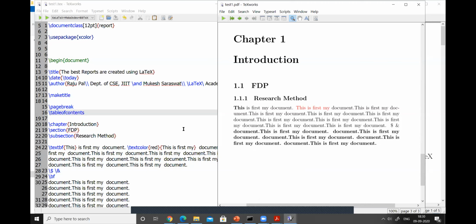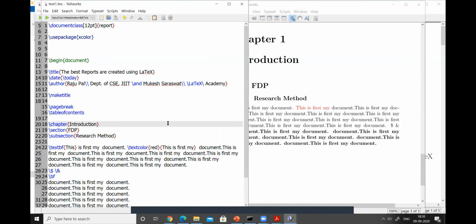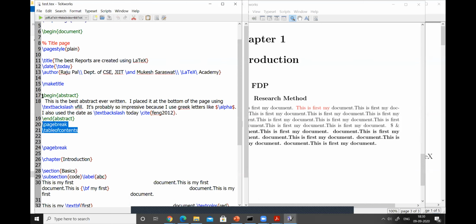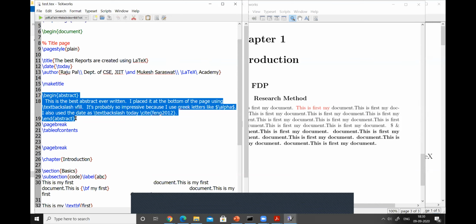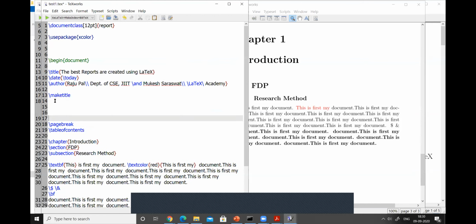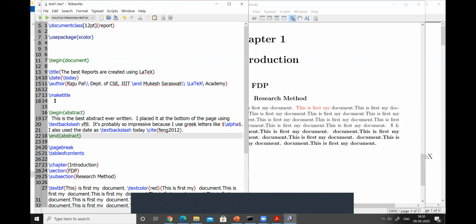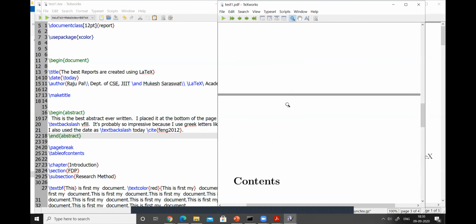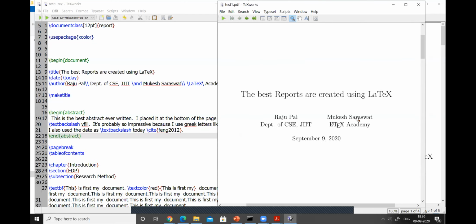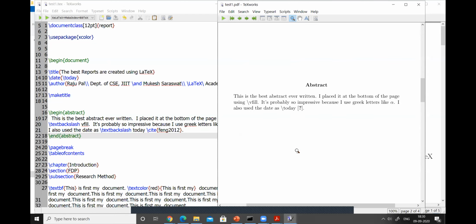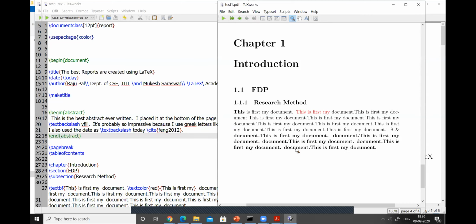Similarly, if the report has an abstract part, like papers generally do, there is a defined command for beginning and ending the abstract. So I just copy and paste it here. Wherever I put the abstract, it automatically finds its right place in the output document. You can put the abstract anywhere here, and it will put it in the right place. After the title page itself, it will present the abstract, then the table of contents, then the chapter names,